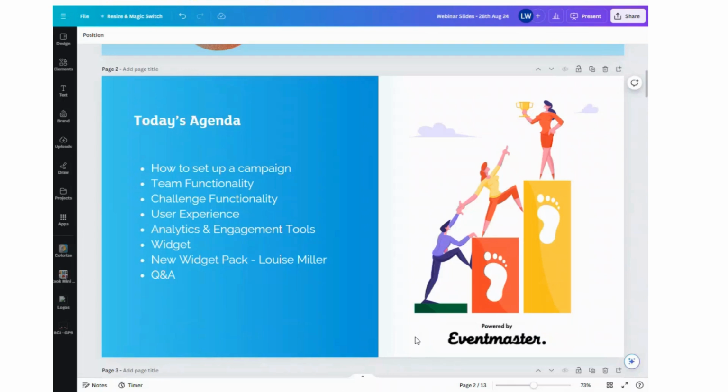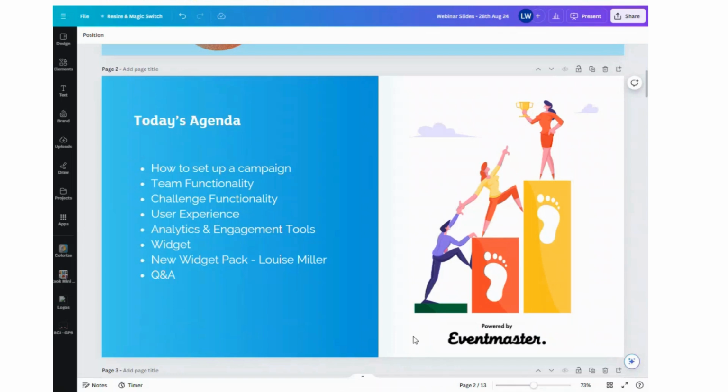We also have team functionality that we'll be touching on as well. So for example, this would be used a lot in the Run Amok events for registration, and it's fully integrated with fundraising as well. We did a full webinar earlier in the year on challenges. So with the closure of Facebook fundraising, essentially you have a free challenge tool here, which you can fully customize